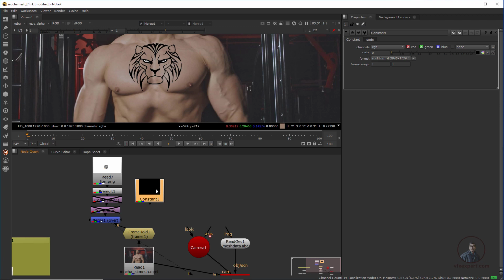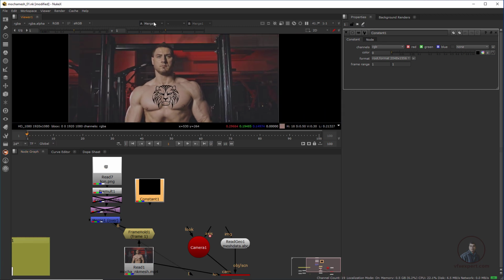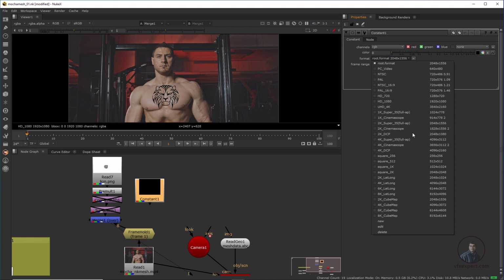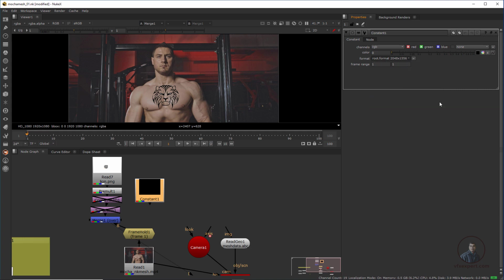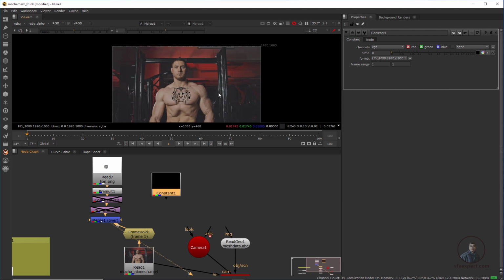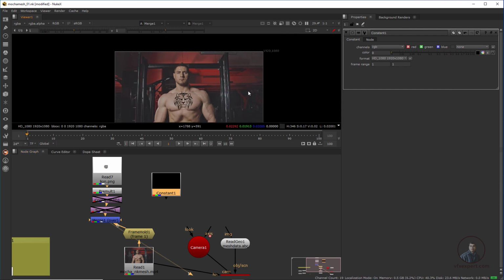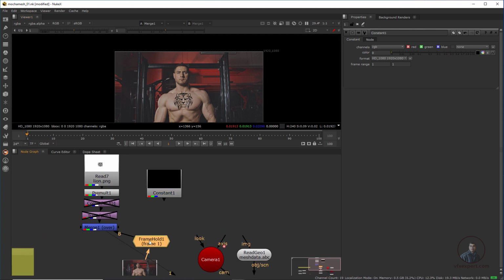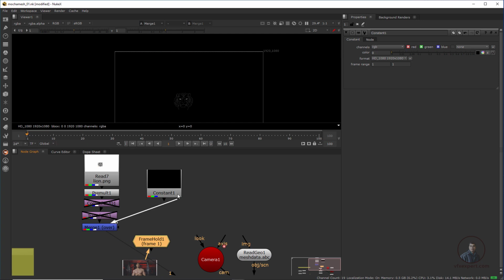click here and make it according to your footage size, which is 1920x1080. Select from here 1920x1080. Now this transform has the resolution of our original footage, which is 1920x1080. Now we have to unplug from here and connect it here.